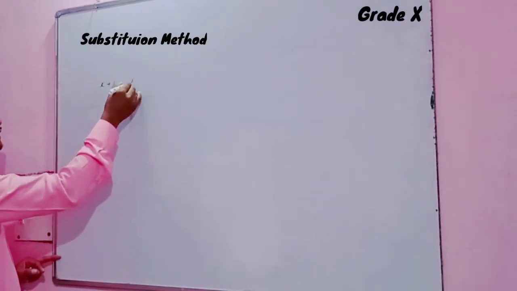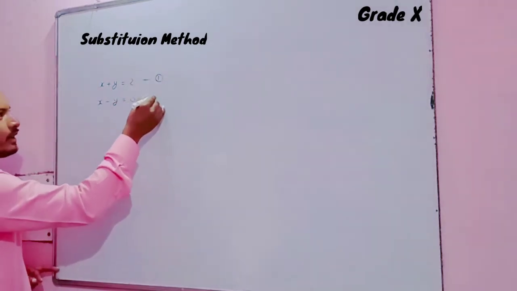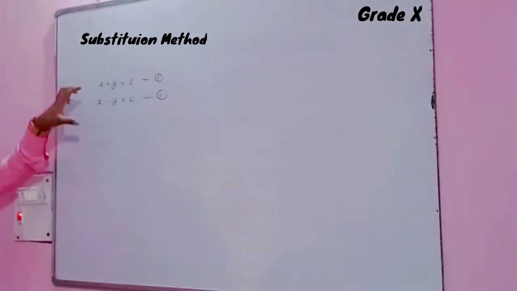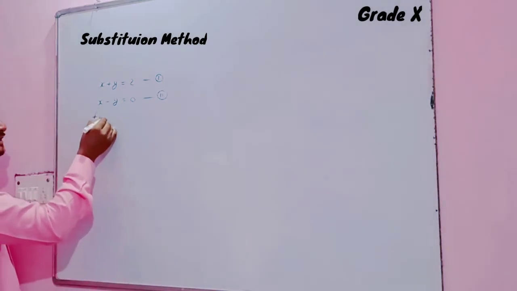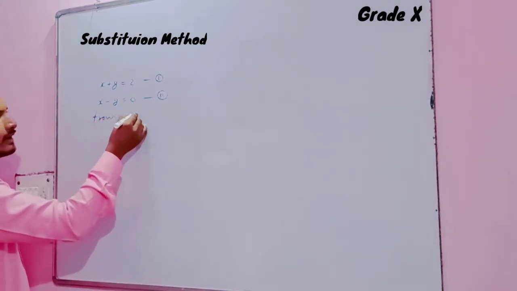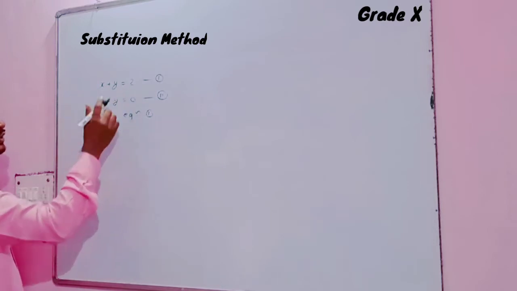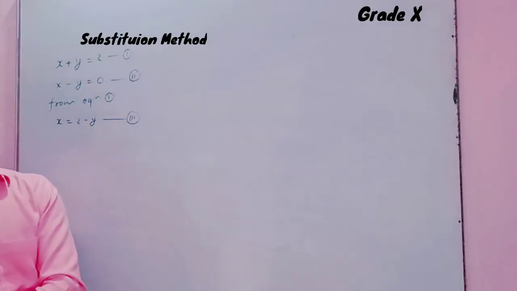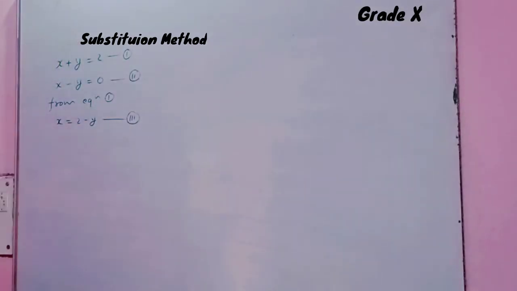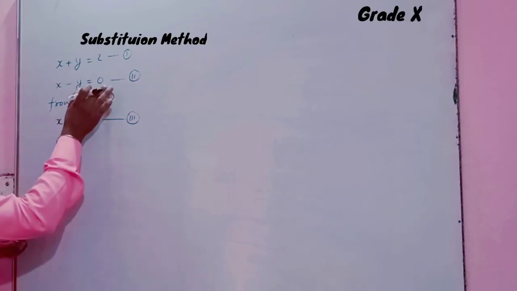is equal to 2 and x minus y is equal to 0, equation first and equation second. We need to find the solution of this pair of linear equations by using the substitution method. So from equation first, at first find the value of x. If we find the value of x from equation first, then x would be 2 minus y. Let us consider it as equation number third. As the name of the method is substitution method,